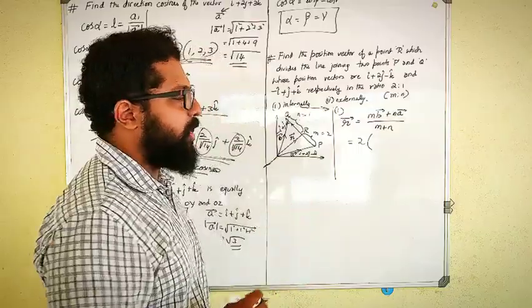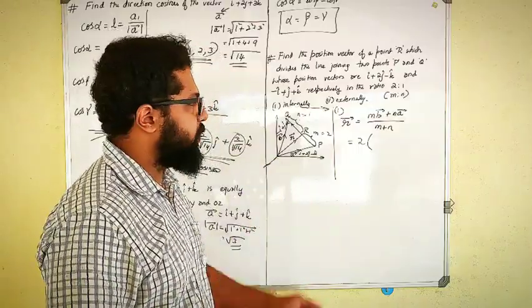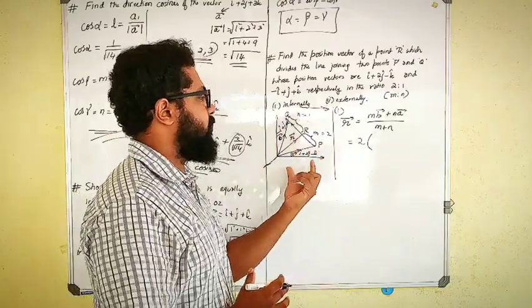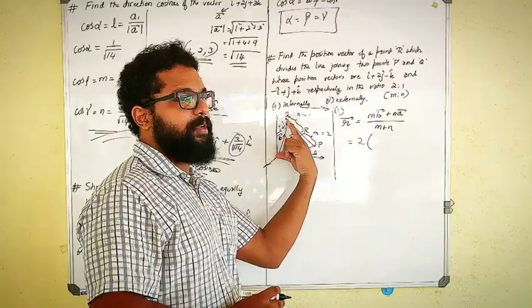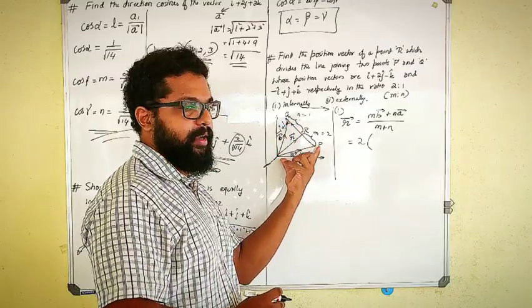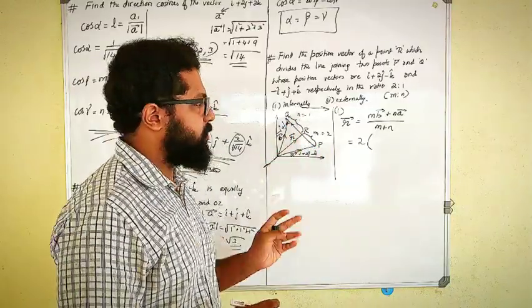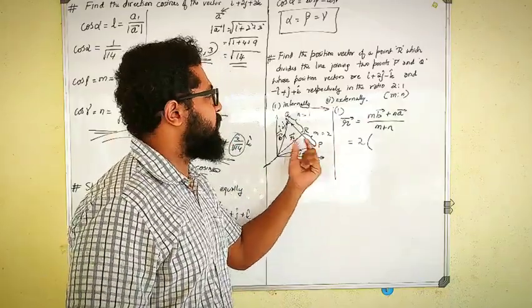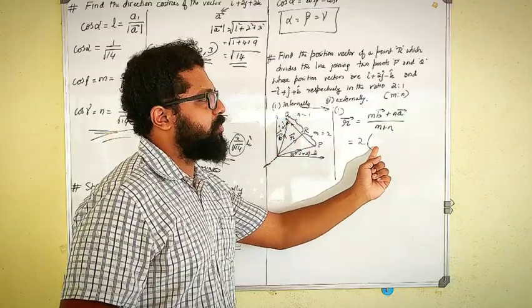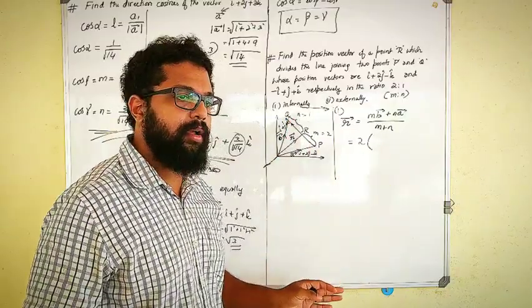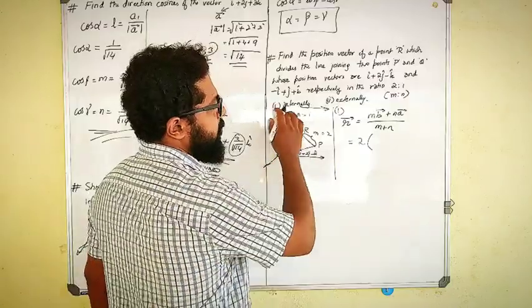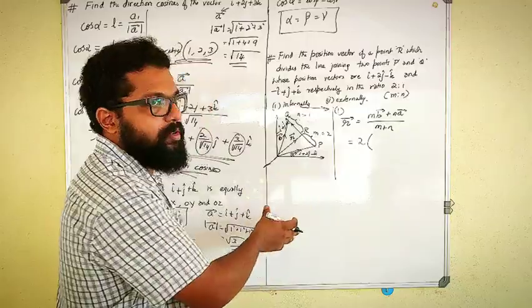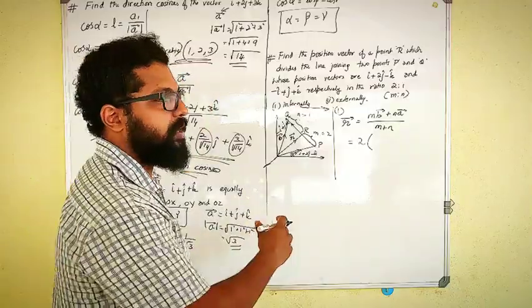This is where your derivation comes in handy. Understanding the geometrical meaning in the derivation is helpful here, because this Q vector forms the b vector, this forms the a vector, and this is the r vector. So you have to remember the derivation in order to solve the problems clearly. Otherwise you would confuse this to be a and substitute a, and the whole answer will become wrong. Clear? So don't make this mistake. Understand the derivation first and then move on to this problem. Maybe before coming to this problem, go through the derivation once again.